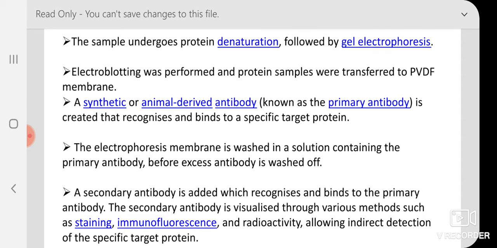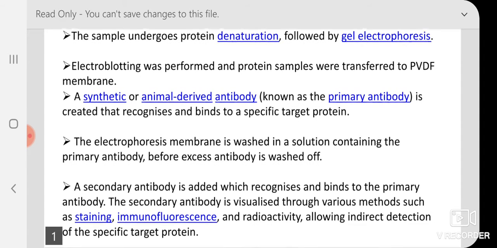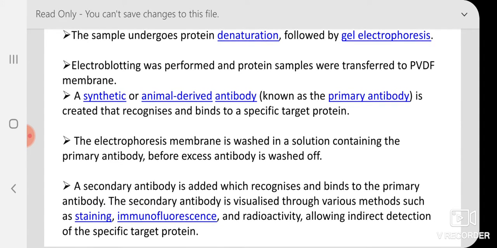Once the electrophoresis is completed, then we do another transfer technique which we have discussed in Southern blot and Northern blot, that is the capillary rise method. Earlier people used to do the capillary rise method for Western blot, but as the proteins are big, it is difficult and takes a long time to transfer from the gel to the nitrocellulose membrane. So to avoid that, another technique evolved that we call electroblotting, and protein samples were transferred to another type of membrane.